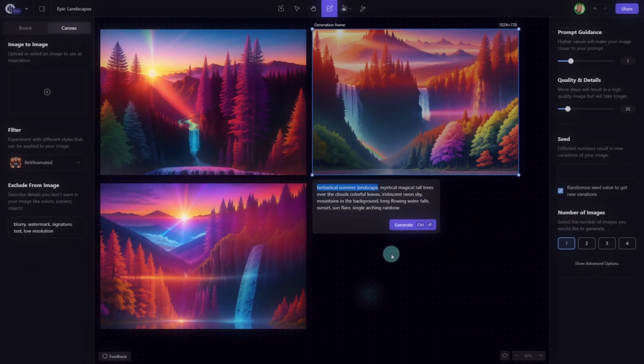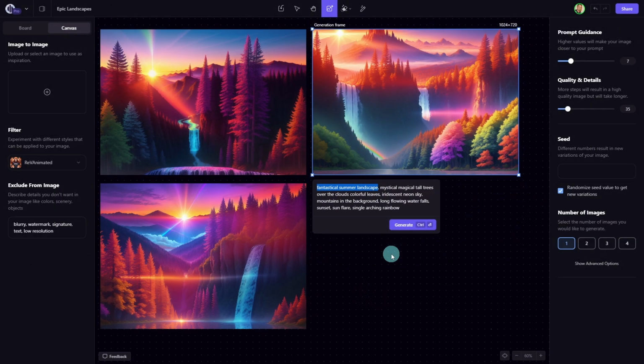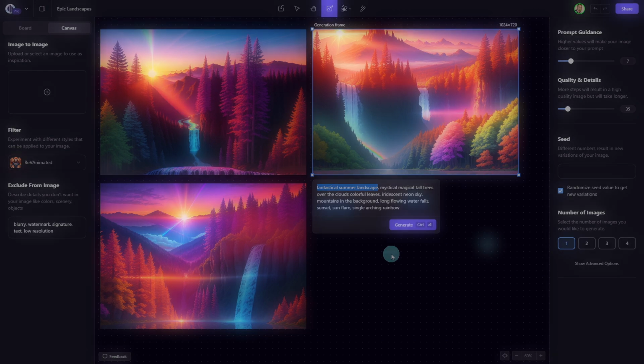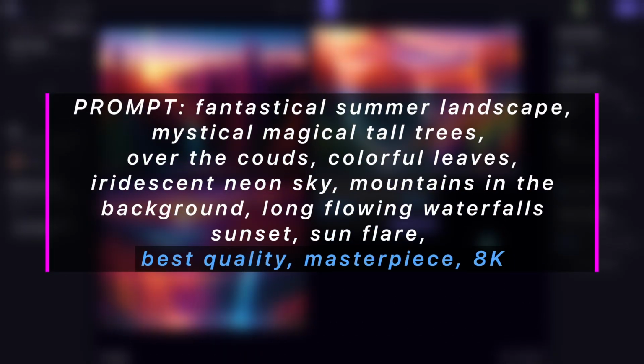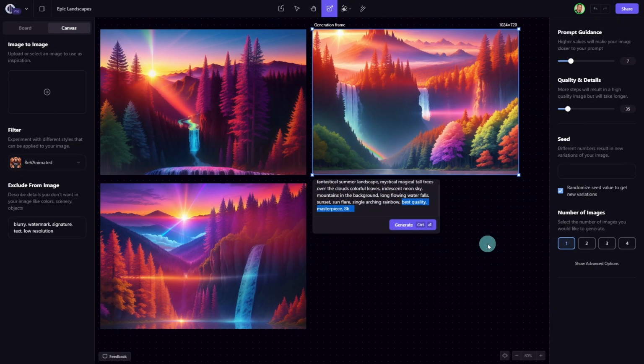And I encourage you to use your own words, your own descriptions, and it's highly likely you have a wider vocabulary than I do. These particular modifier words: best quality, masterpiece, 8K. Especially 8K, you don't actually get an 8K image. It's more of an illusion, if anything, but it does help to improve the look and feel of your